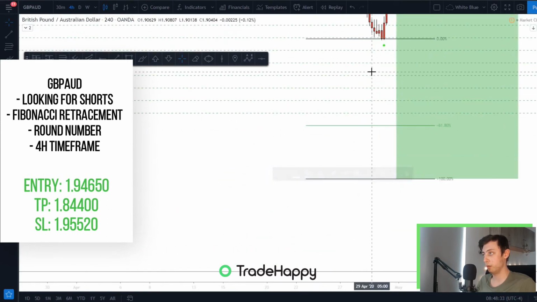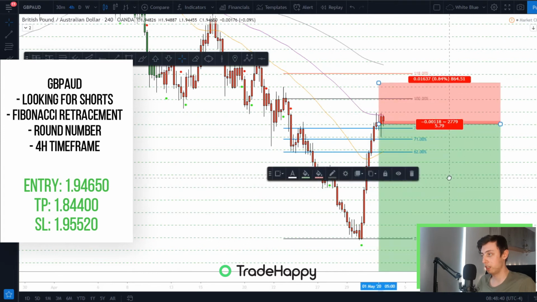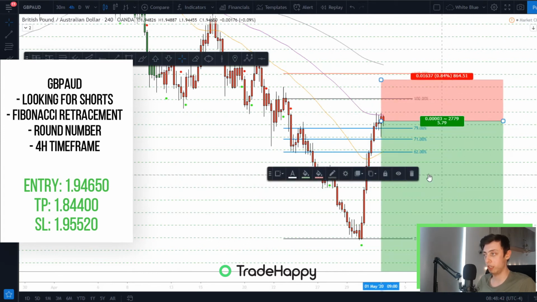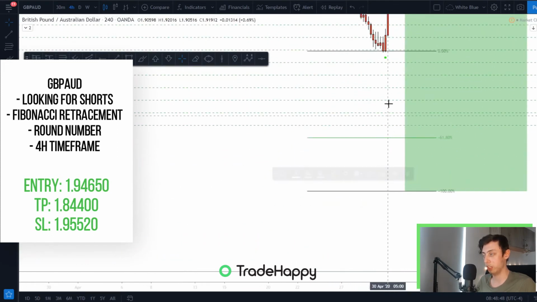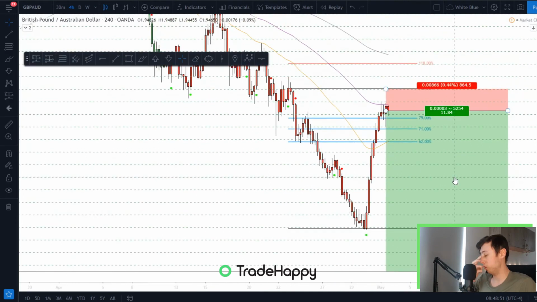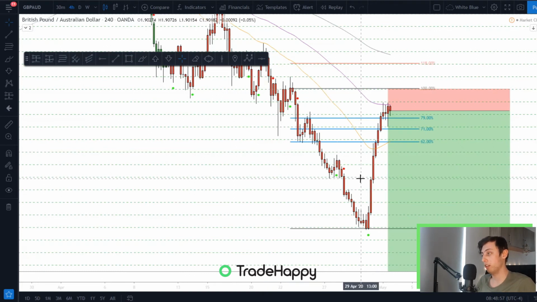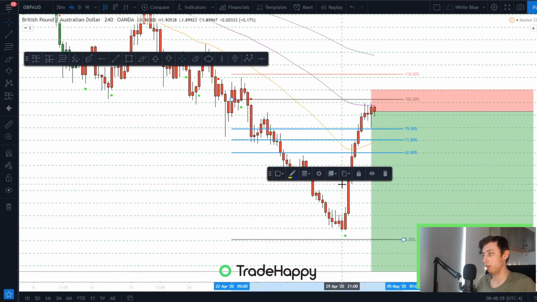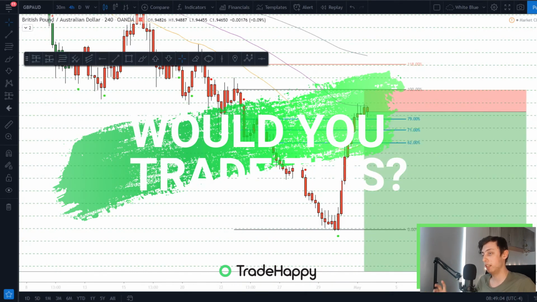So that's the trade that you would have entered. So you would be losing right now, but it still hasn't hit your stop loss, which is perfectly fine. What you could do is enter short here when the market opens, move your stop loss here, and then just move your take profit to where it originally is. And that's almost a 12-to-1 trade, which is really, really good. That's a trade that I'll be definitely looking at next week to get into. And I'll be posting the updates for that in the Discord group.